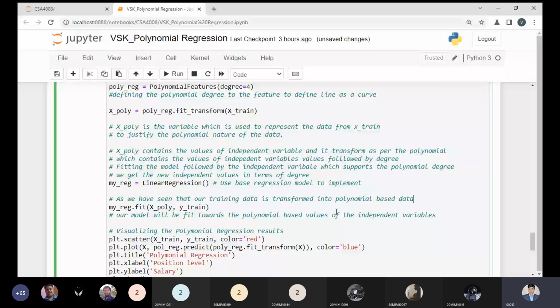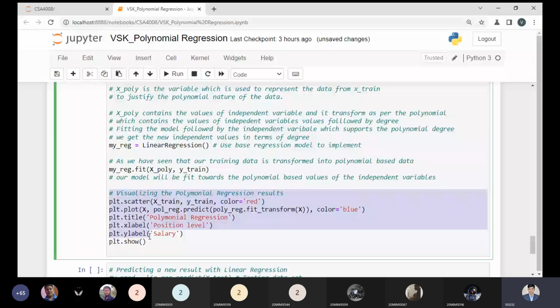So rather than choosing the X training, I will choose the X poly, which is followed by the transform. So I use the fit underscore transform method. Now from this point my model will be built. Okay, from this point my model will be built.